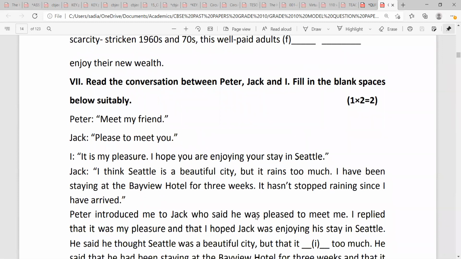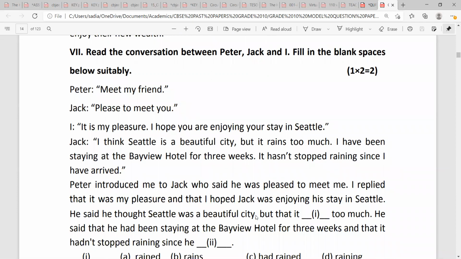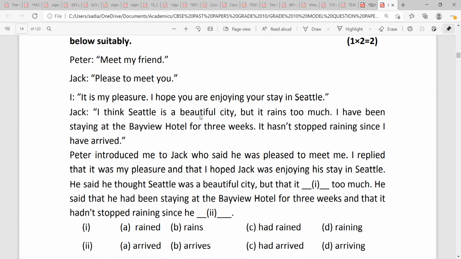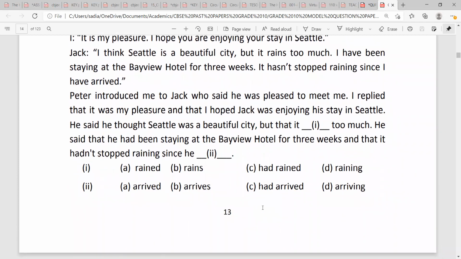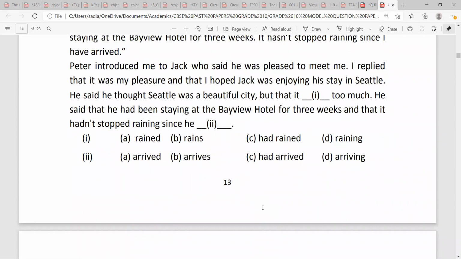Now read the conversation between Peter, Jack, and I. Fill in the blank spaces below suitably. Have a look at the dialogue that is given over here, Peter colon, and over here quotation marks are given, which are usually not required for dialogue writing. Okay, now this is the dialogue, and it is restated over here, and there are quite a few blanks over here. Look at it if it is in passive voice, whether the tense is expected. The remaining,